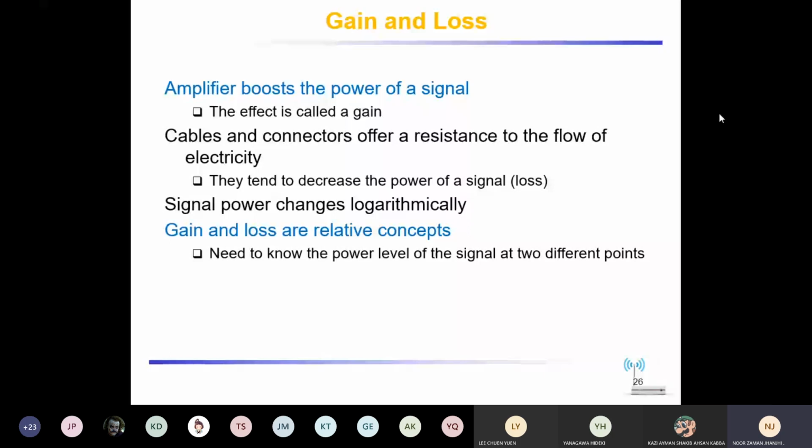Those antennas which do not require power come under the passive antenna. Like our old antennas for the TV, which we call UHF antenna, we install at the top of the floor and then we connect it with the TV. They don't require power. So those antennas which require power are normally producing us a gain by any means.